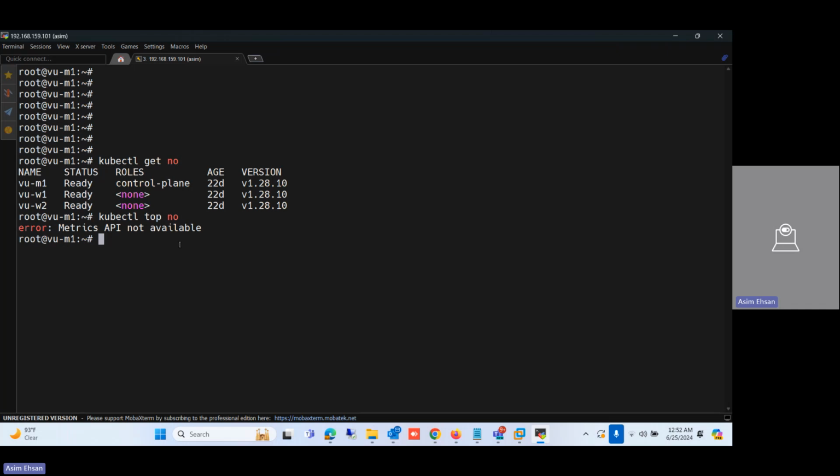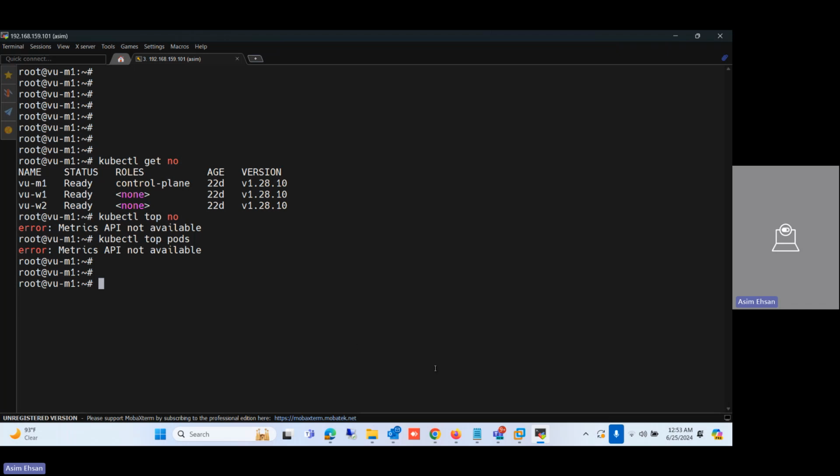So metric server will pull the current usage of worker nodes and the pods. So we can run top nodes, top pods, these commands. But so far we don't have any metric server. So first of all, we will set up the metric server. We will enable this. Then we will be able to see how much CPU and RAM is consumed by which